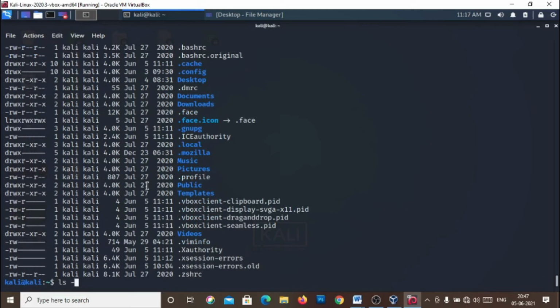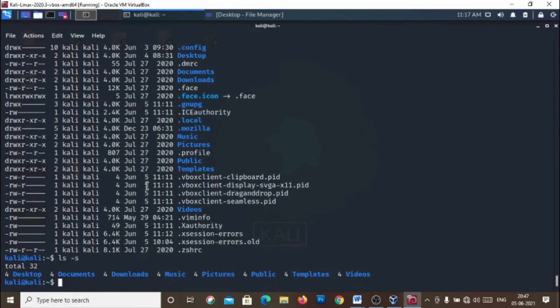ls we can use without any other parameter. ls -s. As you see, it shows the total size of all files and directories and the size of each file. Finally, next we can use the parameter t. ls -alt.